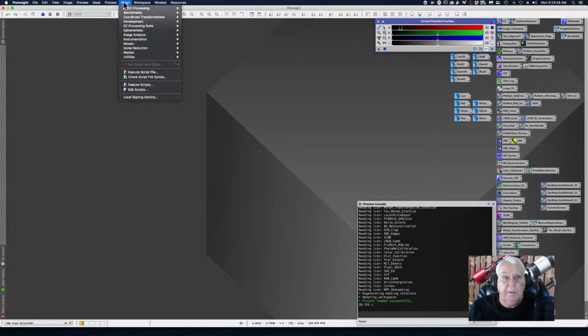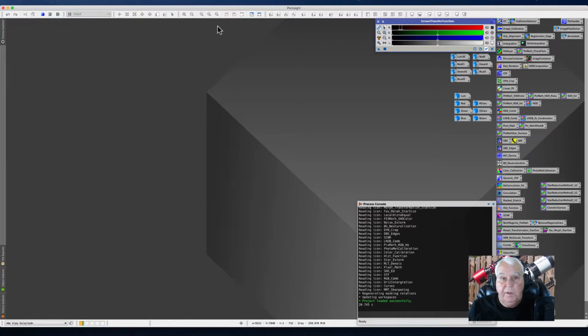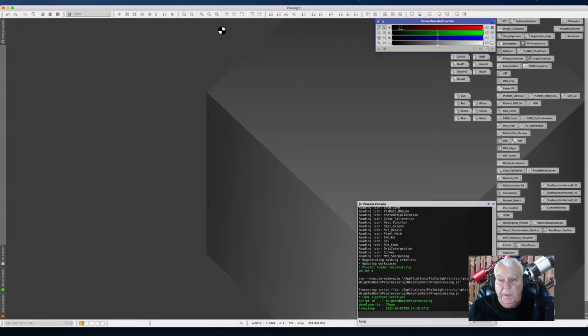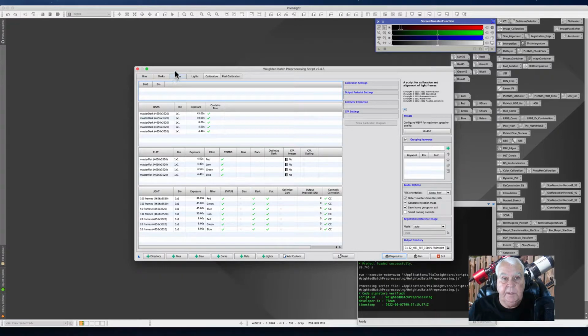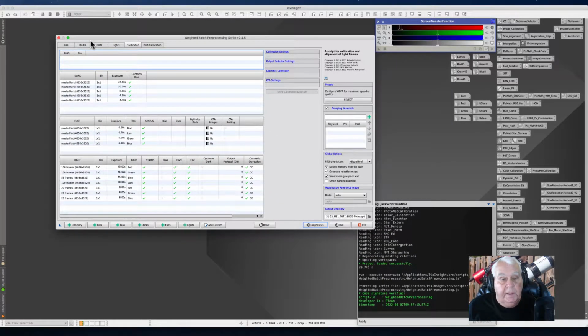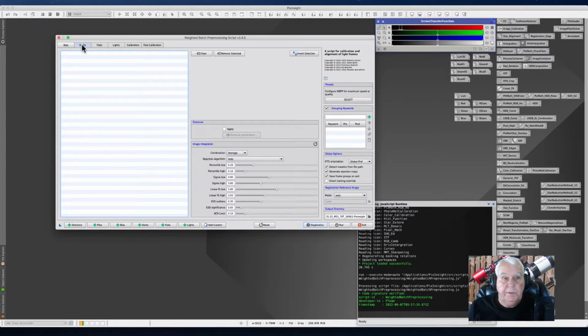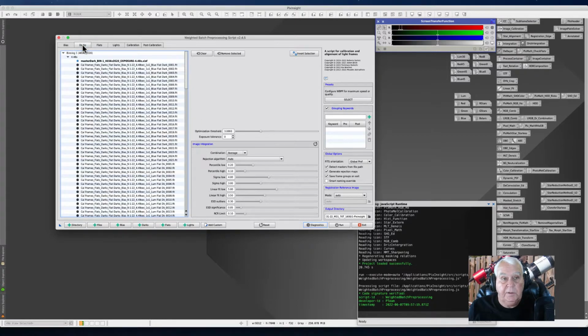Now I'm going to bring up the script, move a couple of windows around that you can't see, but I'm going to bring up the batch processing script, weighted batch processing, so that I can show you, hopefully it will populate the script with the Andromeda files. The last time I used the weighted batch processing was with Andromeda. I did not use bias frames. Instead, I used flat darks, and